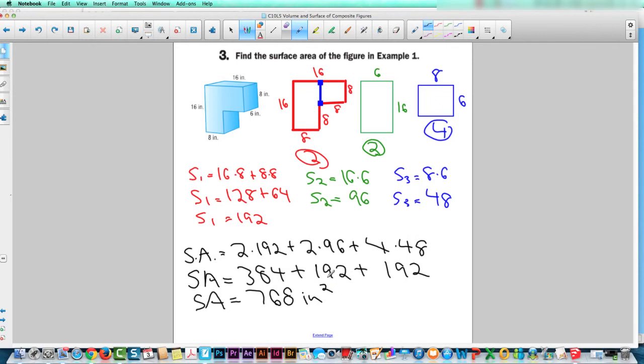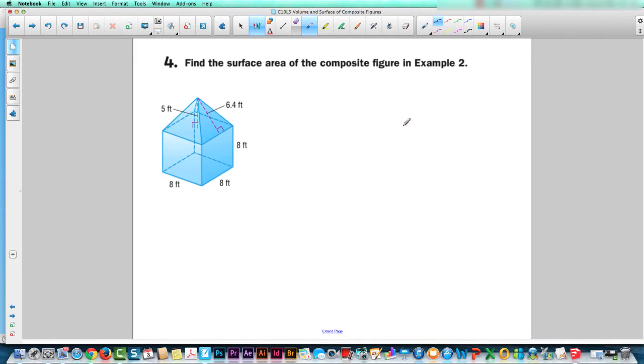Now again, the problem didn't have to be done like this. There are so many different ways you can attack the problem and decompose the figure. It's up to you. Just make sure you keep your work organized so you don't miss a piece or add too many pieces. When you do problems like this, you always try to find faces that are congruent, because that will make your life easier. Because once you find the area of one particular size, and if you know there's a copy, you can multiply it by 2. If you know there are 3 copies, you can multiply that by 3. So always look for the same size